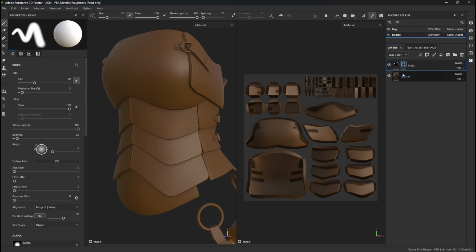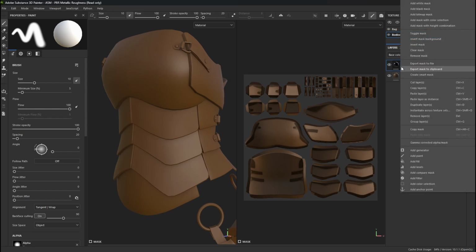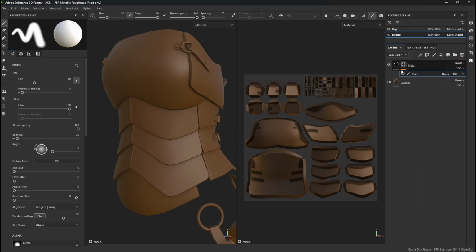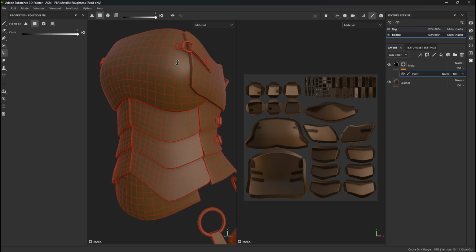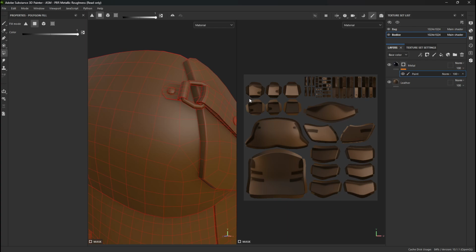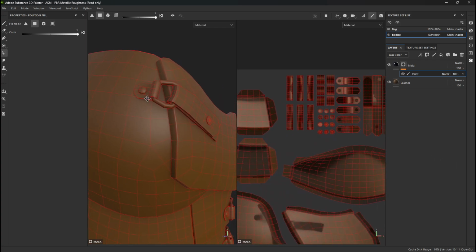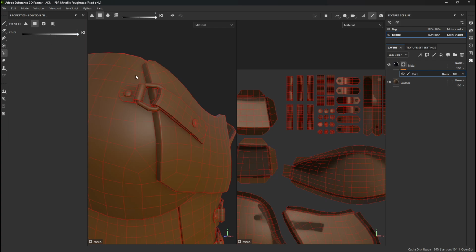Remember, black takes away. To this black mask, I'm going to add a paint modifier, which allows me to actually paint and control that paint information on this mask. You can tell I've added something because it's a bit orange underneath. Now, I'm going to press 4, and that turns on the polygon fill tool. I'm going to find, either on the UV or on my actual physical model, those points that I want to be metallic and just paint them in with white, or fill them in with white. So how this works is I've got triangle fill that will fill in triangles,